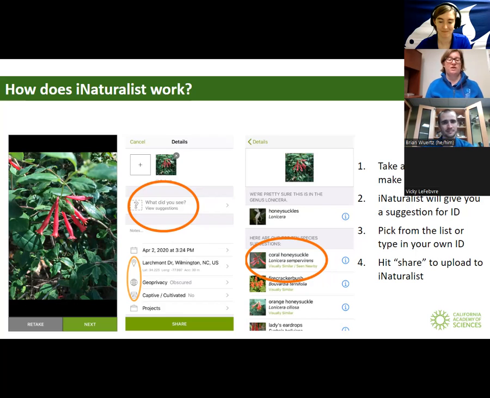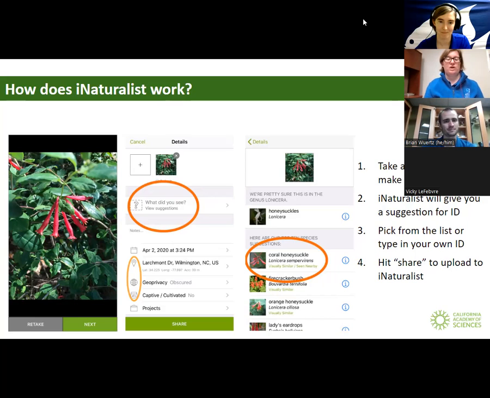And so it has enough built in that it kind of knows what that object or plant or animal could be. So on the second screen, it says, what did you see? View your suggestions. And you'll see it says honeysuckles on the other part, and you pick that from the list